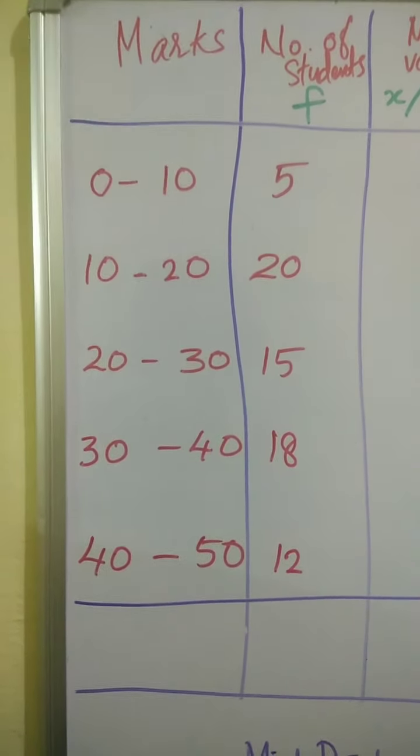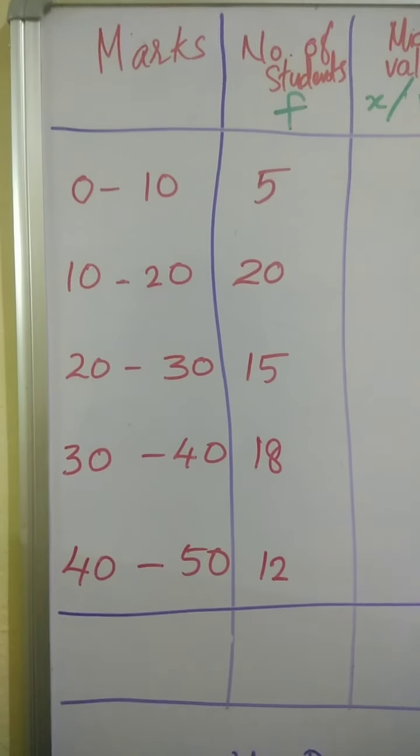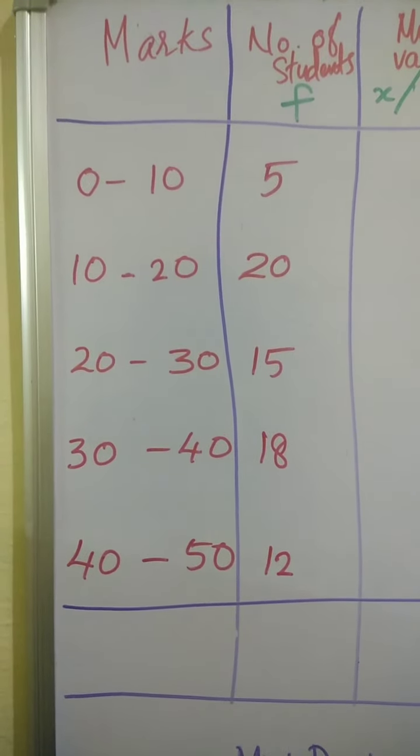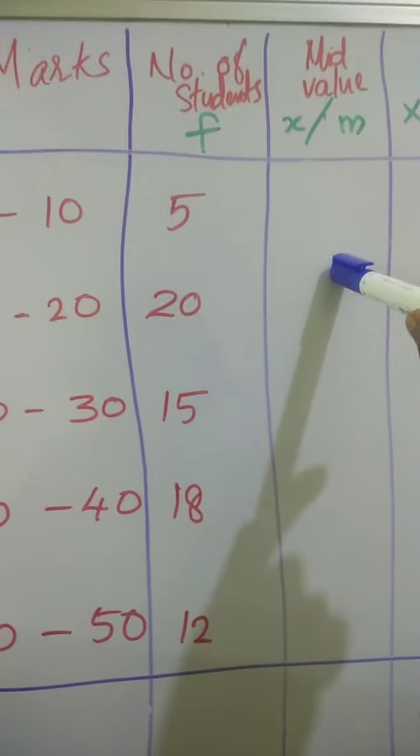You know that in a continuous series, continuous classes are coming: 0 to 10, 10 to 20. So for finding the mean, first of all we have to make a column of midpoints. We have to find out the mid value. I repeat, if the marks are given as a continuous series, you have to make a column for x, or in some books you can see m also. We can call it m, or a small x. So the continuous series classes are to be converted into mid values.